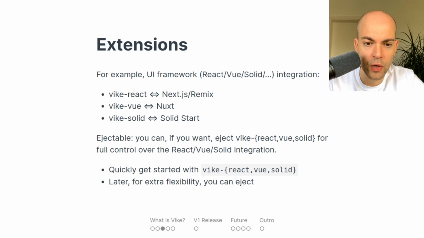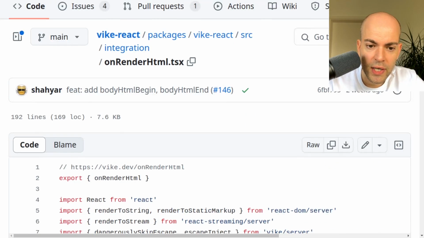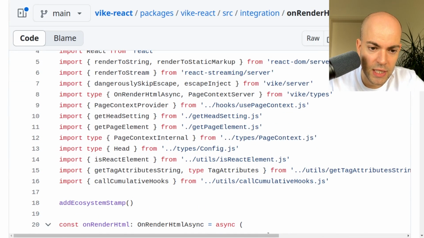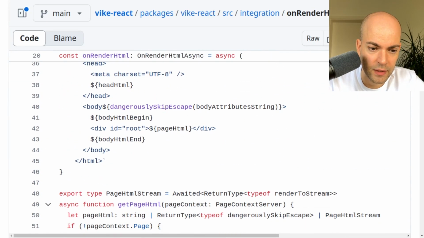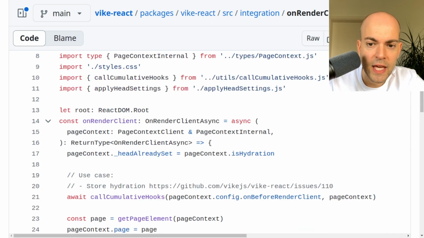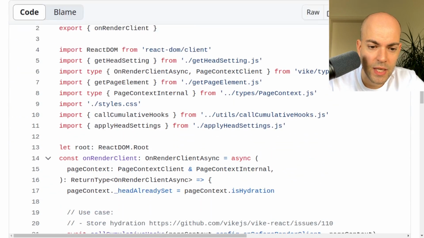Let me show you quickly how Vike React integrates with Vike Core. Basically, it's composed of two hooks, onRenderHtml and onRenderClient. The onRenderHtml hook, as the name suggests, generates the HTML. The onRenderClient hook determines what happens on the client side.